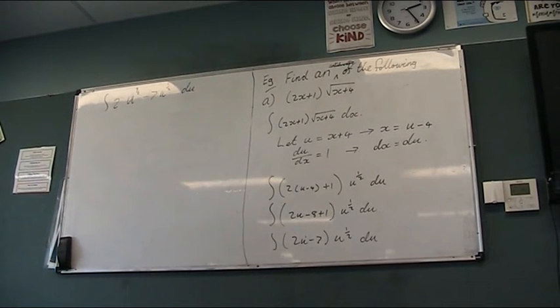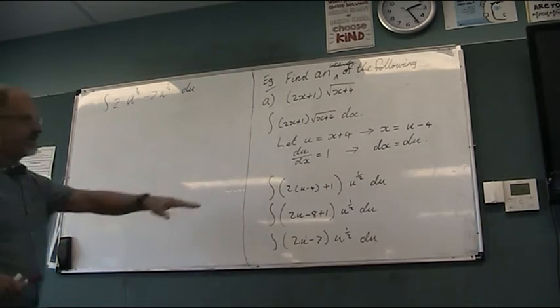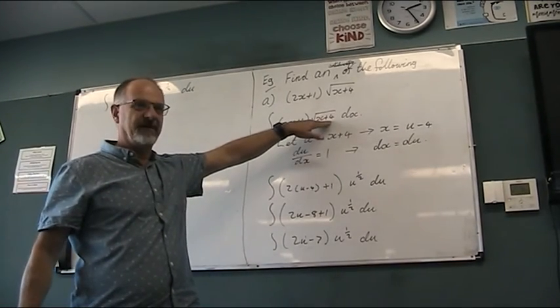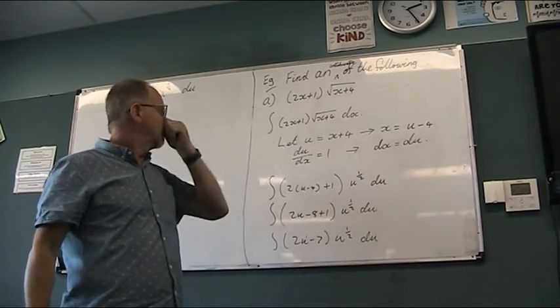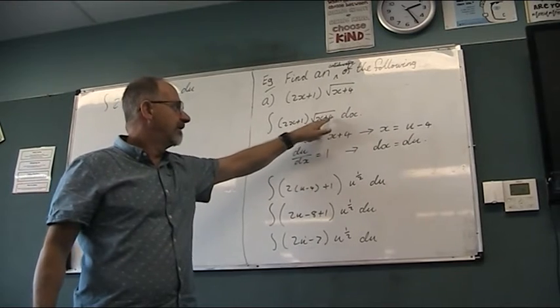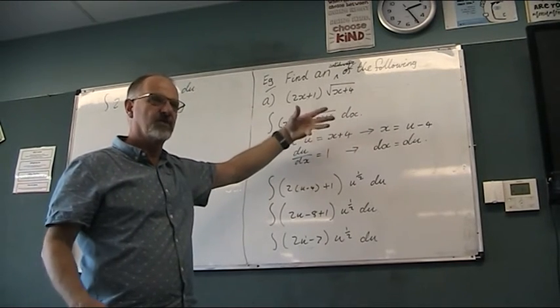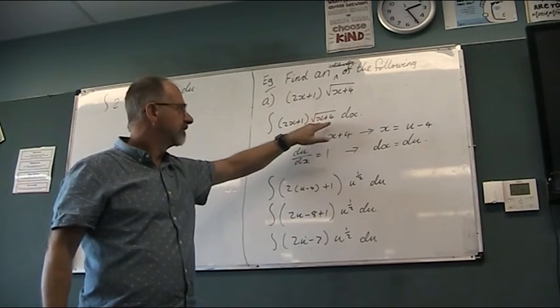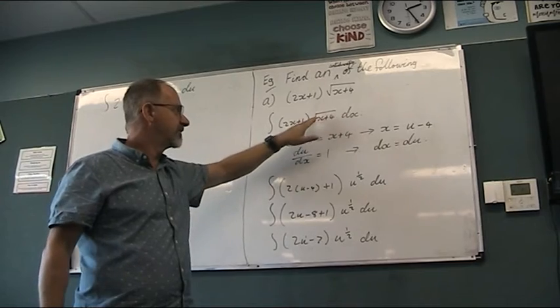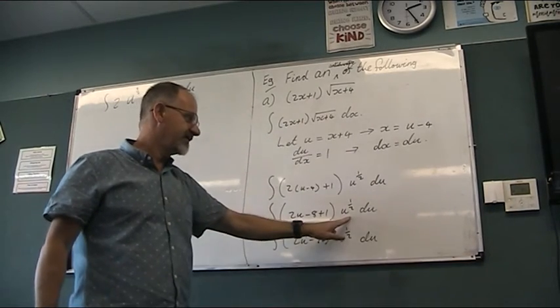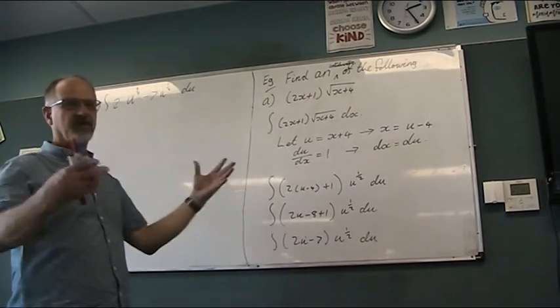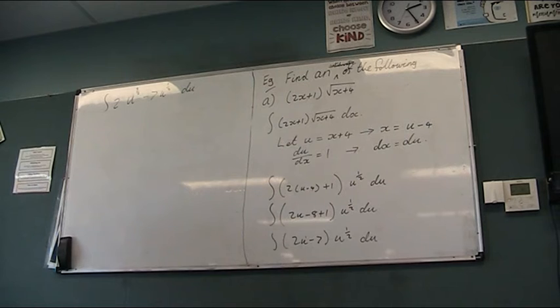A polynomial. So we've changed something here that had a root in it. And because we've got x plus 4, that's what made it more complicated. So by making that substitution and simplifying that down to just u to the half, we've now multiplied in. We've now got a polynomial, and when we anti-differentiate polynomials,